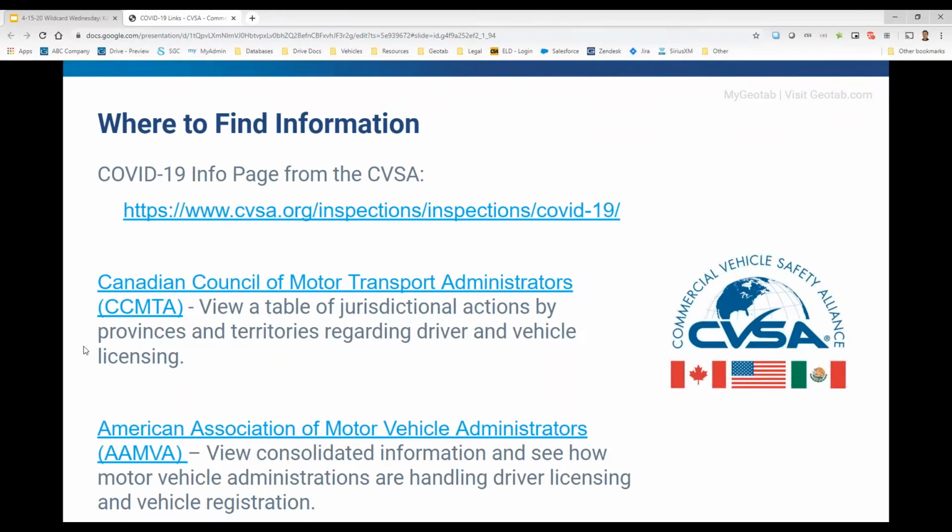And if you aren't a member of the CVSA, you can also poke around a little bit and see if it's something that you might want to do. They're a great organization. They work really close with the industry and the FMCSA. They're the ones who do a lot of the inspection certifications and training. So when you do actually get inspected at the side of the road, the CVSA usually are the ones who've trained that person. So it's good to kind of know exactly what they're trained in. So it's a good organization to join if you want to.